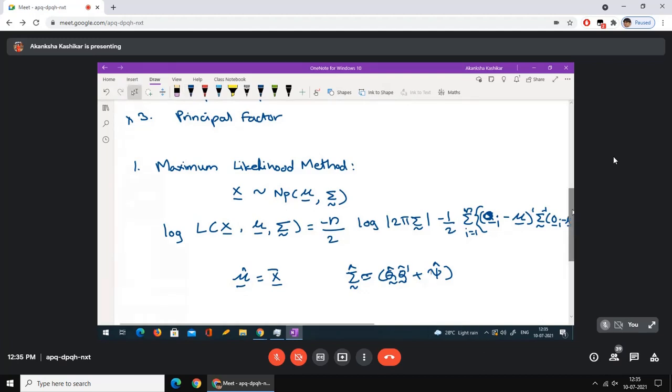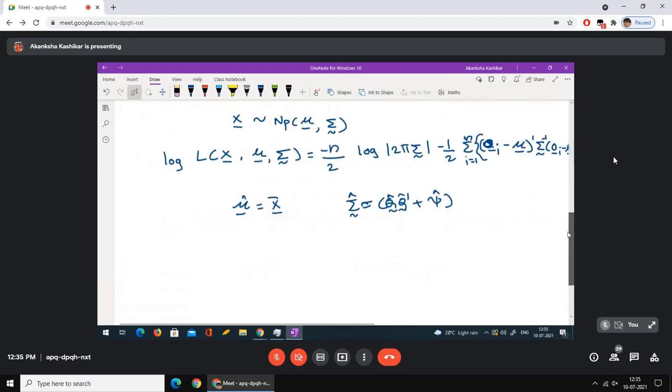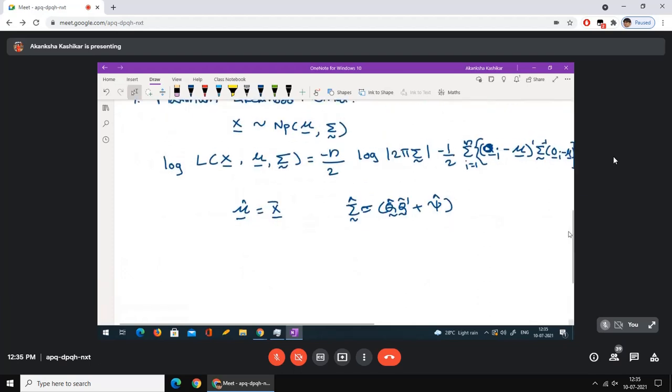Of course, things are not straightforward. In fact, even when you take univariate data, even when you take k equal to 1, the equations still become complicated and we have to resort to iterative methods. You don't get an explicit solution. What do I mean by explicit solution? When you go for simple estimation of mean or variance using the maximum likelihood method in, say, a univariate normal, you get one equation for mu and one equation for sigma. So you get a clear-cut formula for mu and sigma. That is known as an explicit solution.